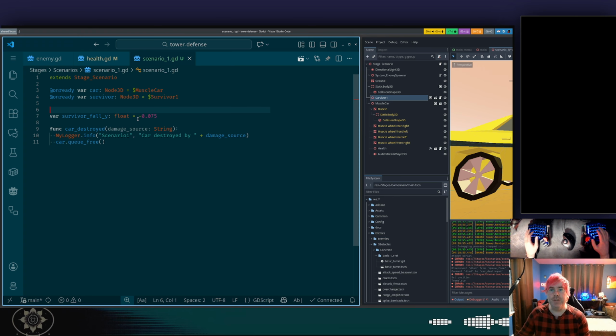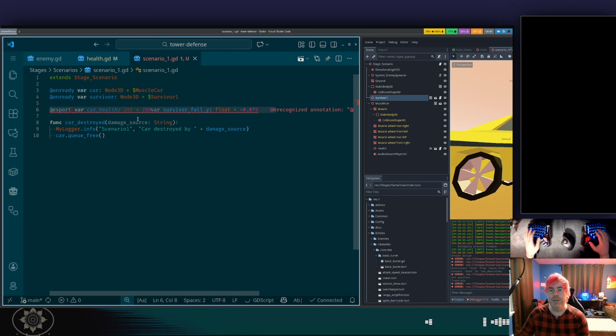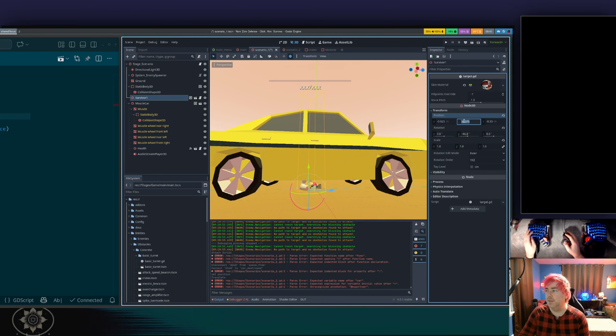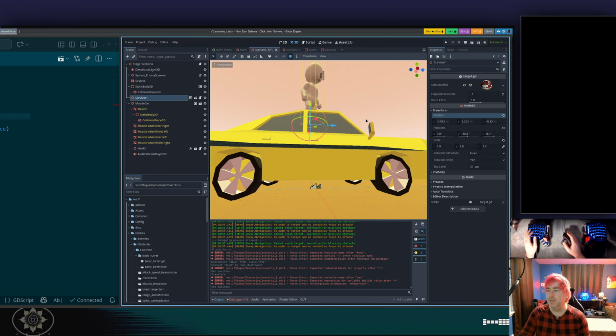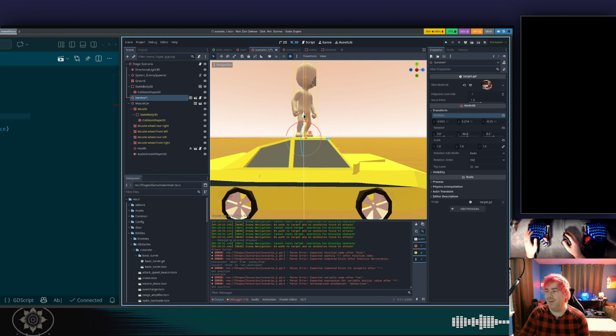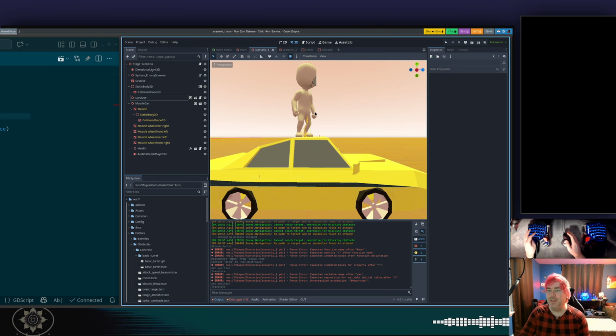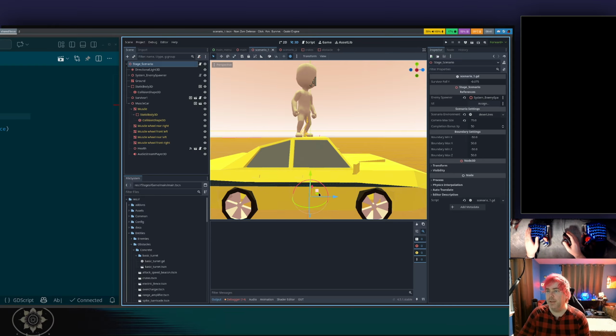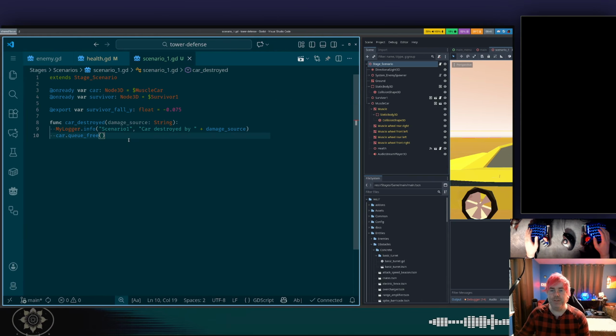What is the other annotation that we can do? Oh yeah, export. So export will make it so that when we look at it, also, let me put this value back. There we go. So now the survivor is standing roughly on the car roof. There we go. That's a little better. So when we look at this node now, you can see that value is here. So I can adjust it without having to go into the code. Okay, so then really all we need to do is